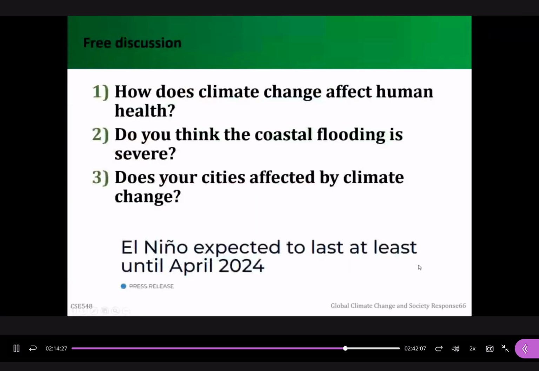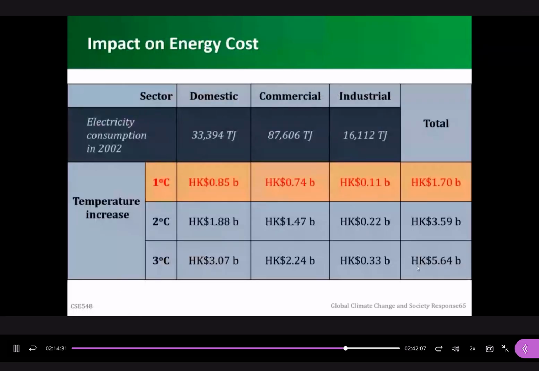Because of the temperature increase, in recent years the government launched many research projects to try to reduce the energy consumption. For example, there is a project to study new coatings for buildings to reflect the light to space, so as to reduce the cooling load of the buildings. For the energy consumption in Hong Kong, I remember around 30% or 40% is caused by the building sector. So the building sector is a very important part of energy consumption. In recent years, the government has invested a lot in this part to try to reduce the energy consumption in the future.